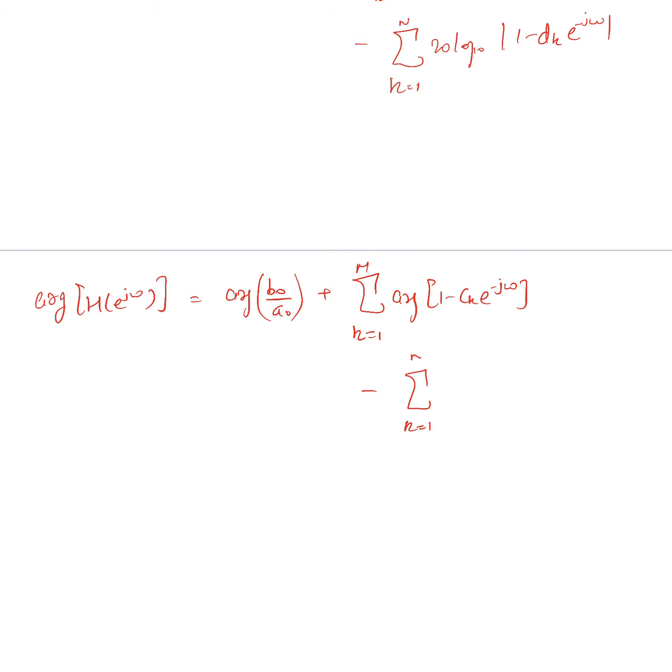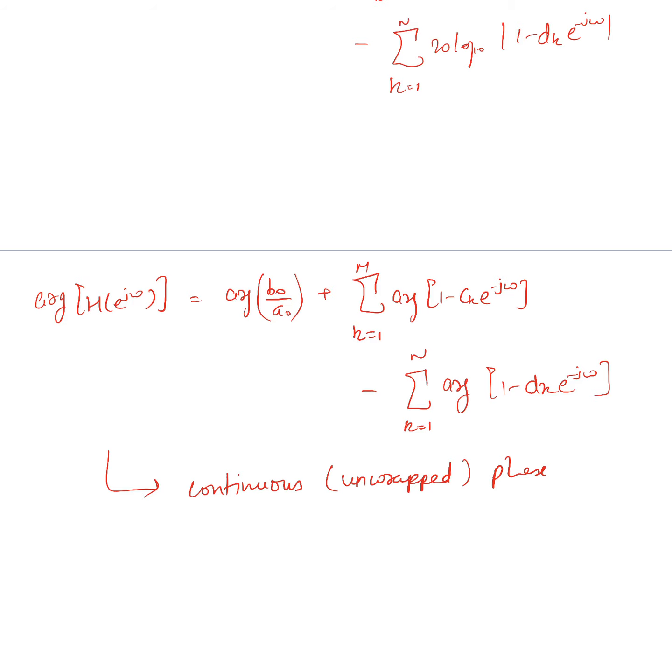So k equal to 1 to N, the argument of 1 minus d_k e to the power minus j omega. Right? So note that this argument we had discussed already, that this is a continuous phase which is also unwrapped. Unwrapped phase, because when we compute its principal value, it should lie between minus pi and pi,